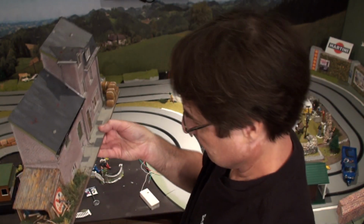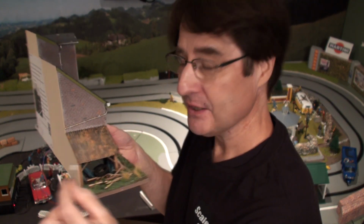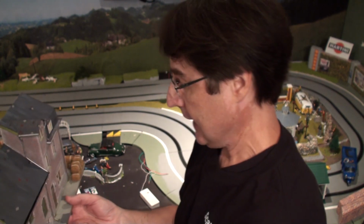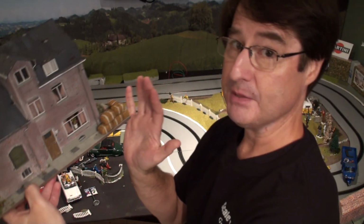All right. So here is this masterpiece of scenery, and we have the plug that we've connected to the 2 wires right here, as you can see. And now what we're going to do is plug this into the wire that we just put under the track, and then make sure that the wire can't be seen and it fits properly and so forth, and then fit the piece of scenery to the track with that little bit of stone wall that I talked about for this corner, because I mean these hay bales are great, but as I said, when we run the track in the opposite direction, cars can tend to hang the back end out there, and to be honest,